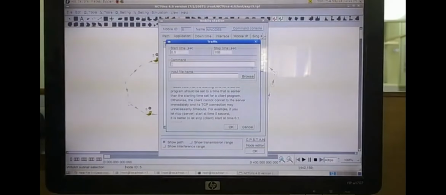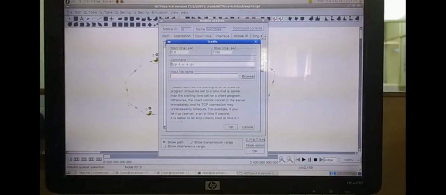The sender command will be TTCP hyphen T. Instead of T, it should be hyphen T hyphen U, because it's a UDP protocol, hyphen S. It is a source of sending packets, and hyphen P, the port number.